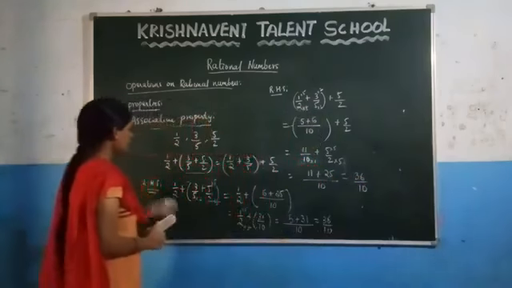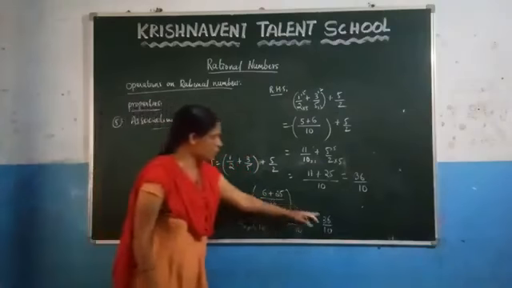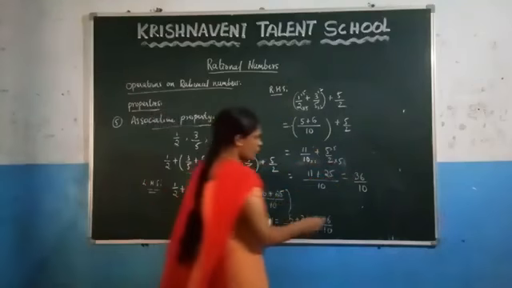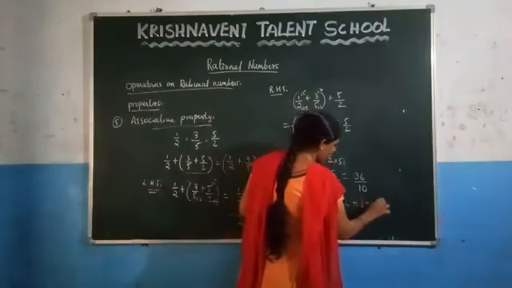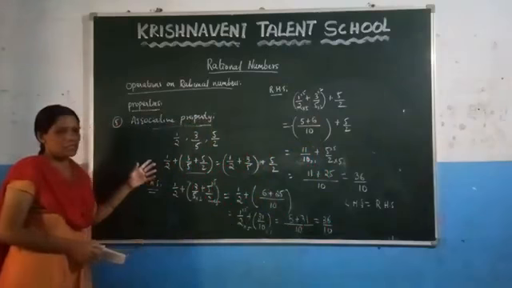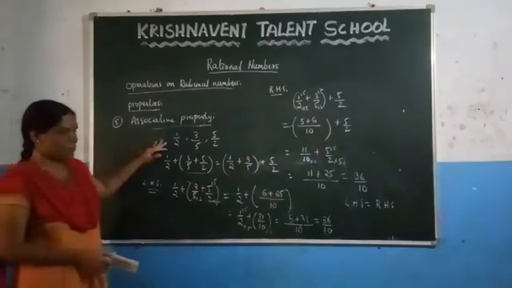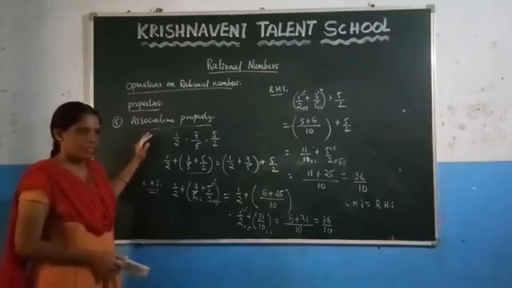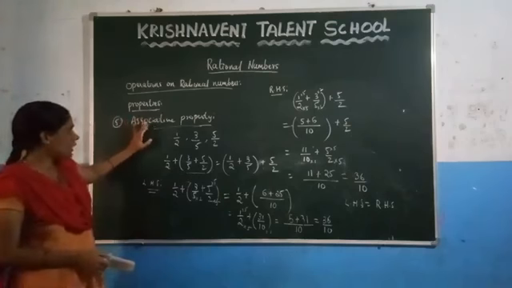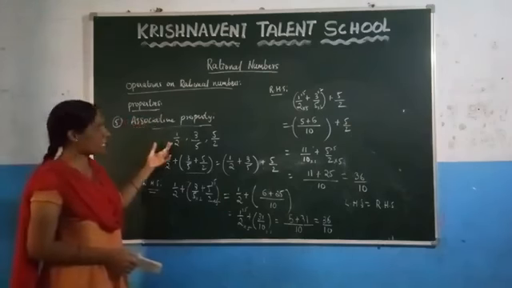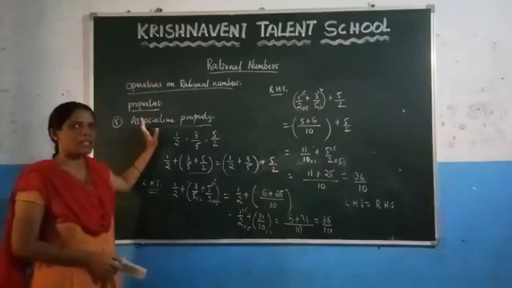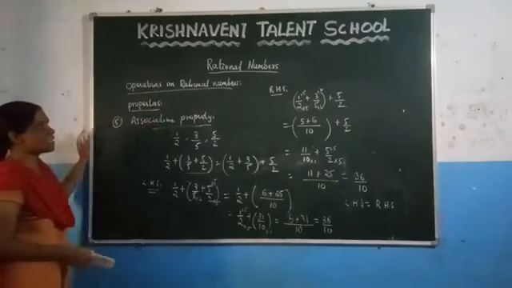Here you can observe that in LHS you are getting the result as 36/10, and in RHS also you are getting the result as 36/10. From this you can write LHS is equal to RHS. This is the associative property under addition. The same you can do for multiplication, subtraction and division. This one you can do as homework. So the associative property clearly does not satisfy under subtraction, it satisfies under multiplication, and it does not satisfy under division. Later we will discuss